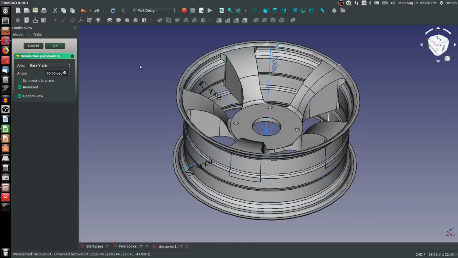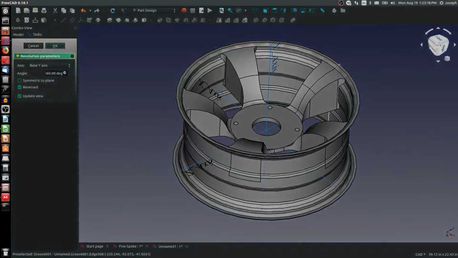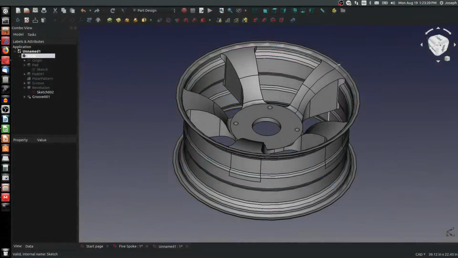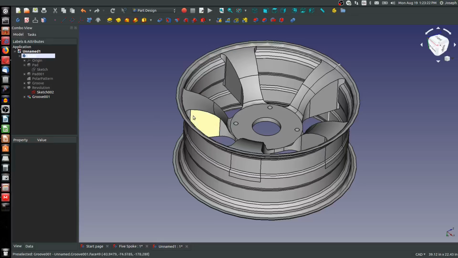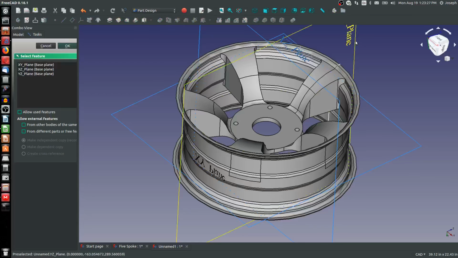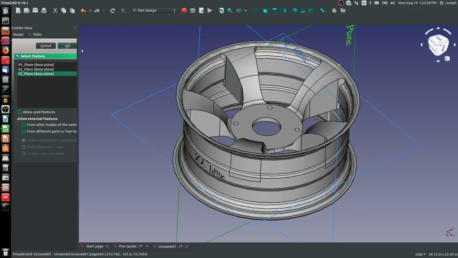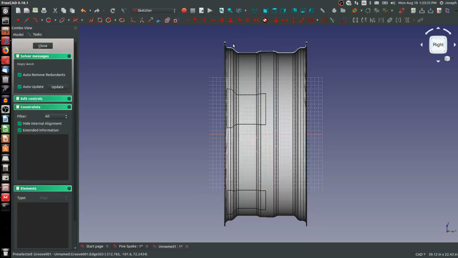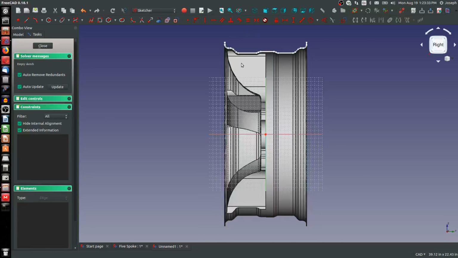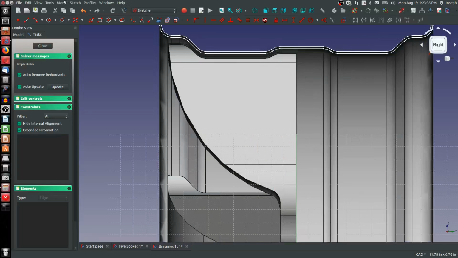So that's what our wheel looks like so far. And sketching on the same plane. Let's cut our view and edge import